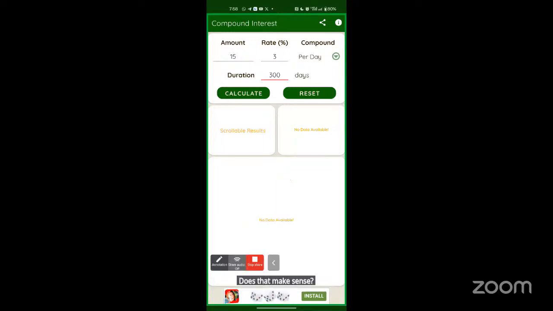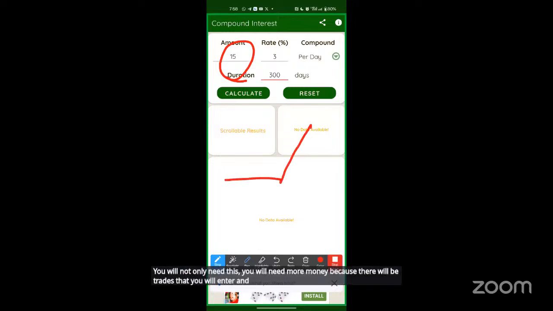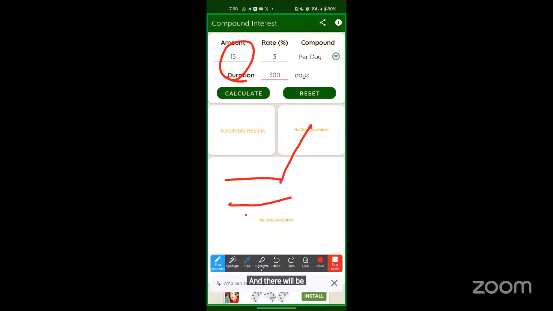Does that make sense? Let me know. So along the journey, you will not only need this, you will need more money because there will be trades that you will enter and win them. And there will be trades that you will enter and the market goes against you and you need to wait